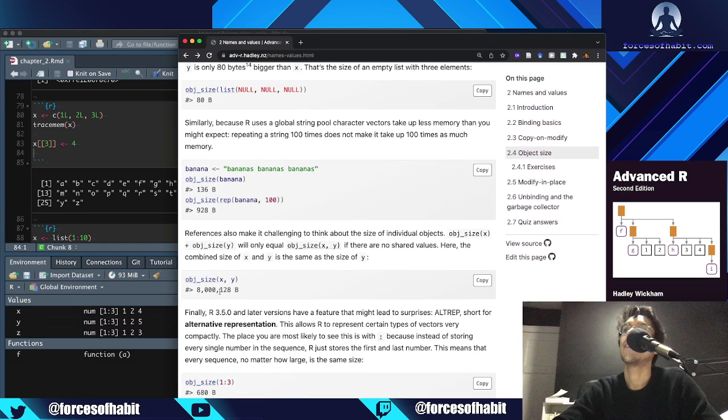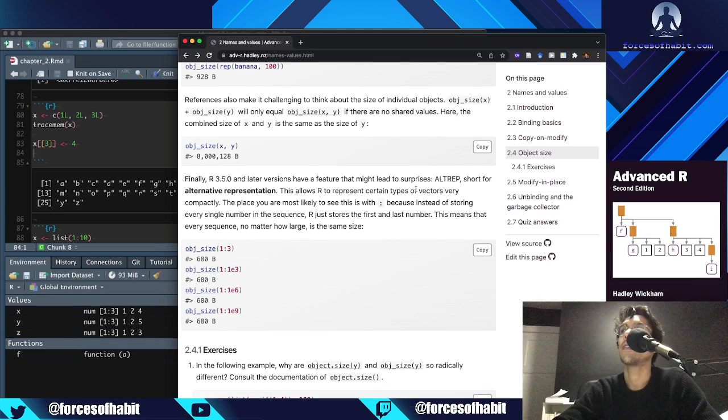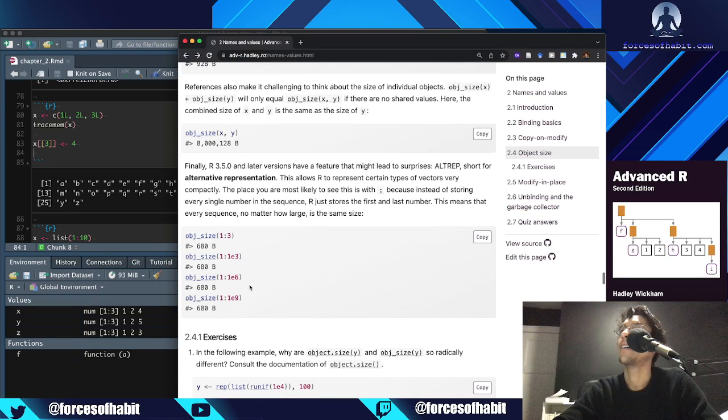it's not going to have much of a difference on the combined size of both of them. Right, it's an alternative representation. Oh, sweet. So we're even more compact. So basically, we just want to say that's cool. So if R knows that it's a sequence, then instead of saving that large